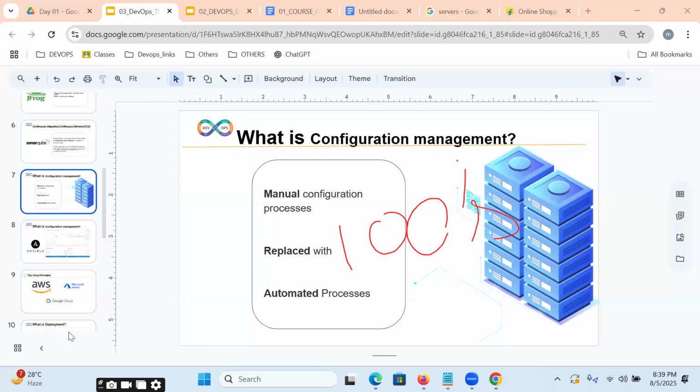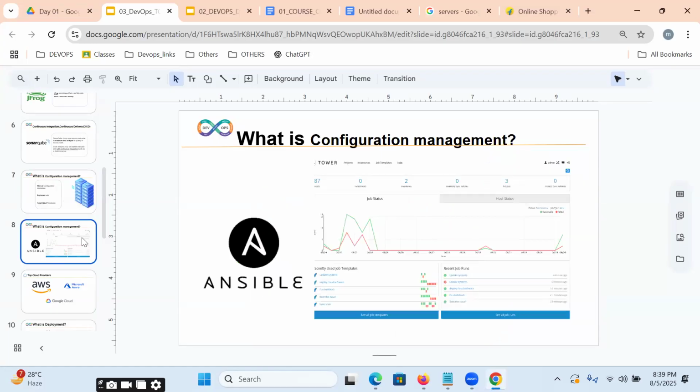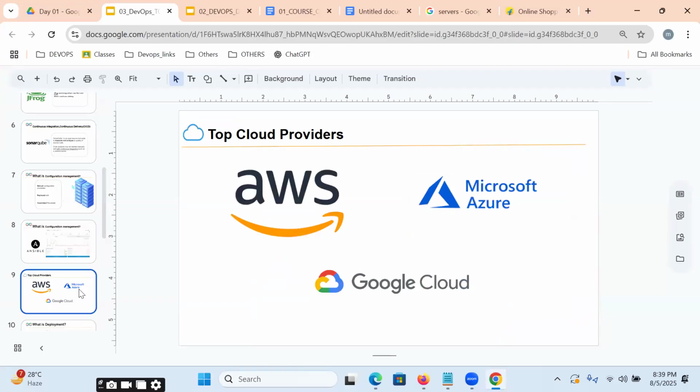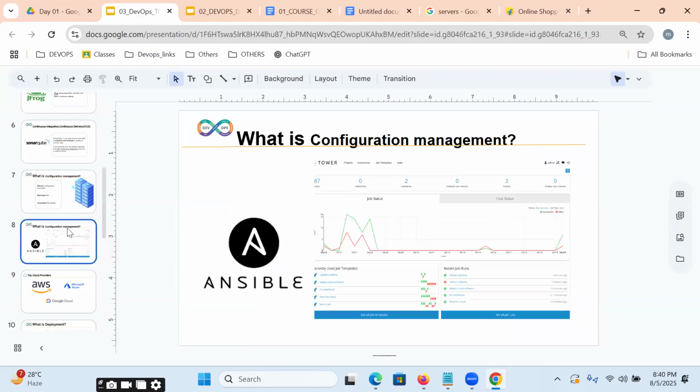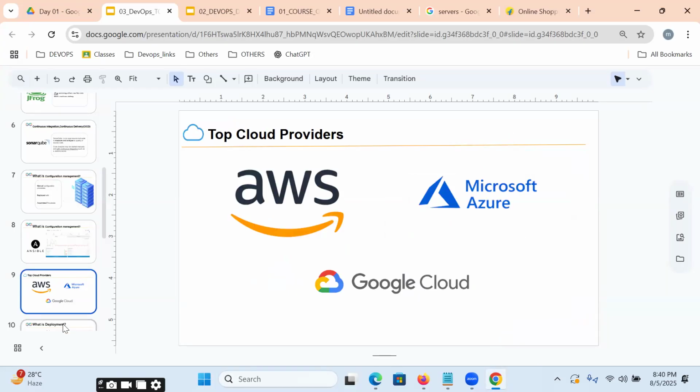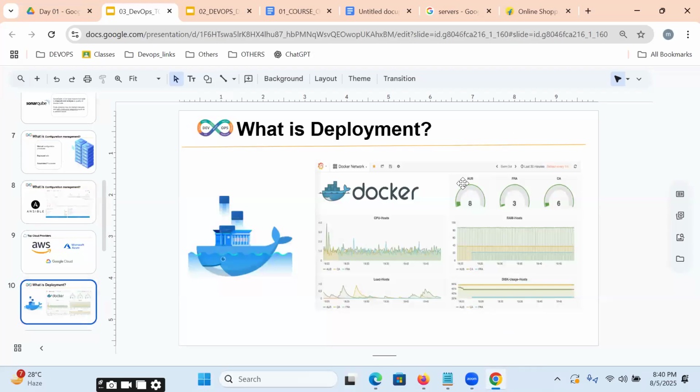But from where exactly can we get these hundreds of servers? Either from a physical environment, a virtual environment, or the cloud. We are going to get these hundreds of servers by using AWS and Azure. Not only placing our applications on AWS servers, we're going to be placing them on Docker containers also.